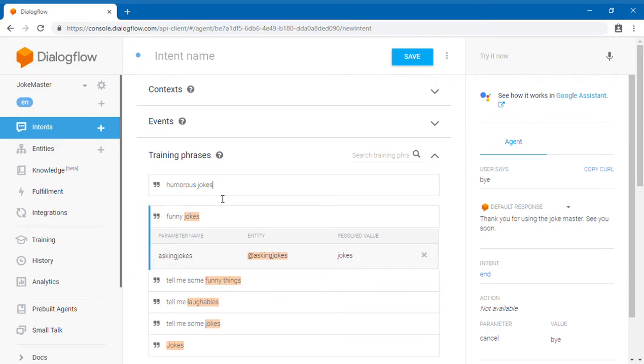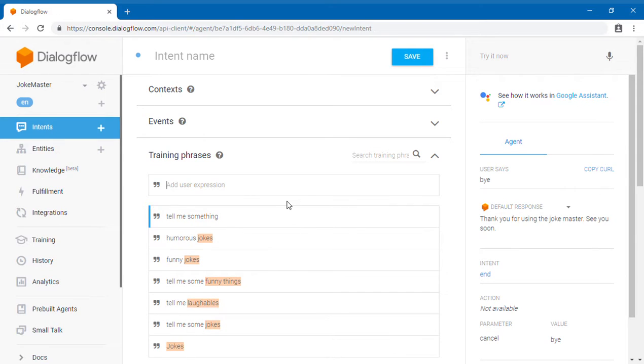The thing is, if you want another section like humorous jokes or human jokes and things like that, we can create an additional entity for that, and then create another intent for that. But as of now we need jokes. So I'm just going on with that, but I'm going to add another thing like tell me something.